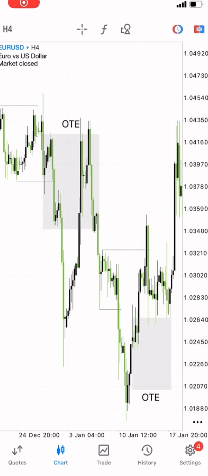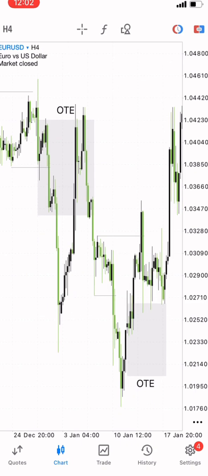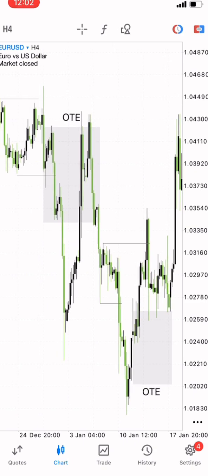OTE. OTE is basically a golden zone Fibonacci pull, which is terms which I don't expect any ICT trader to understand,